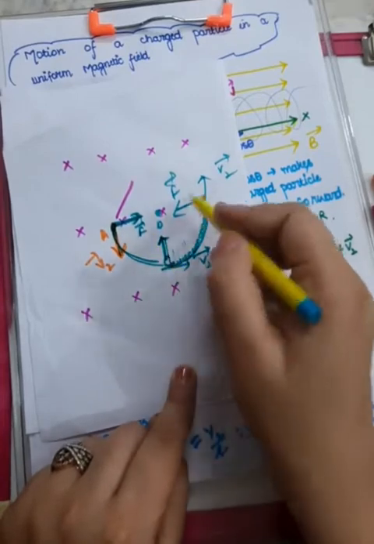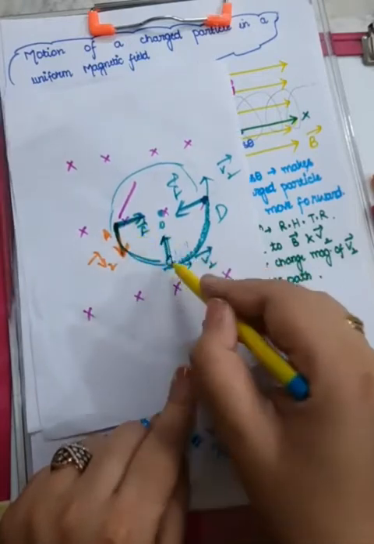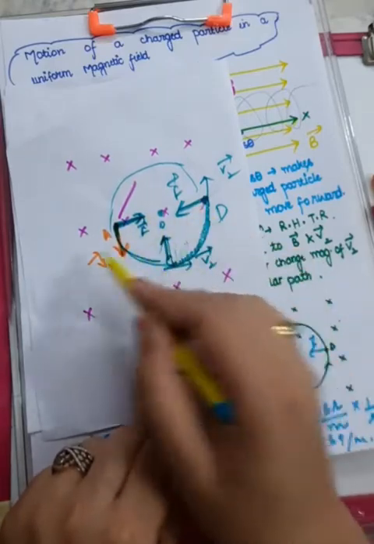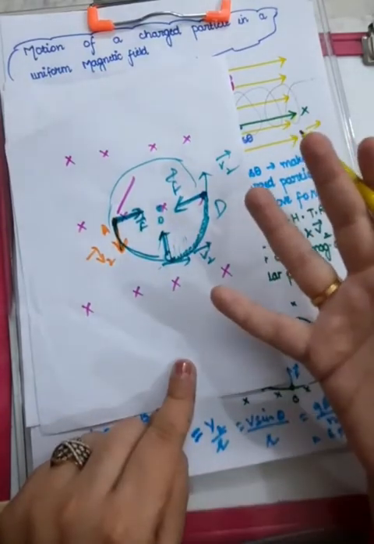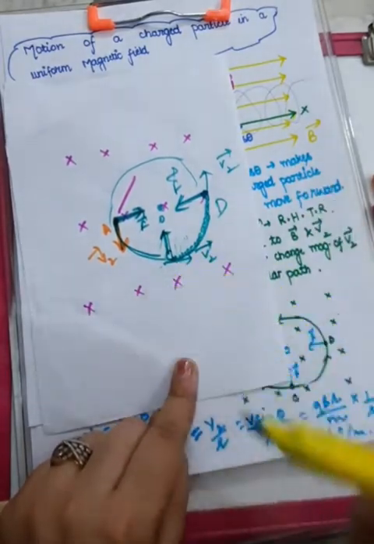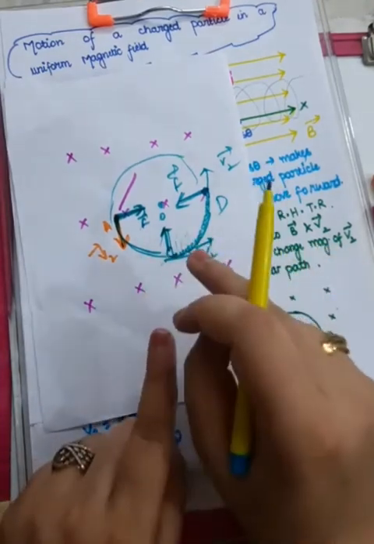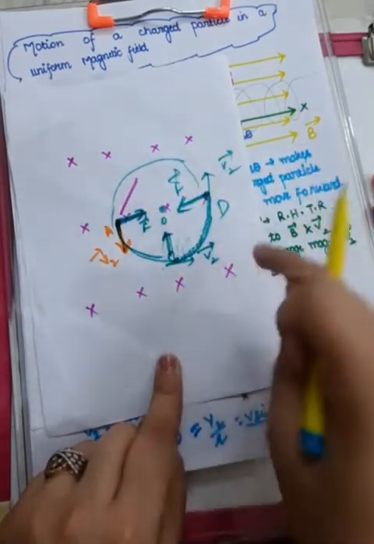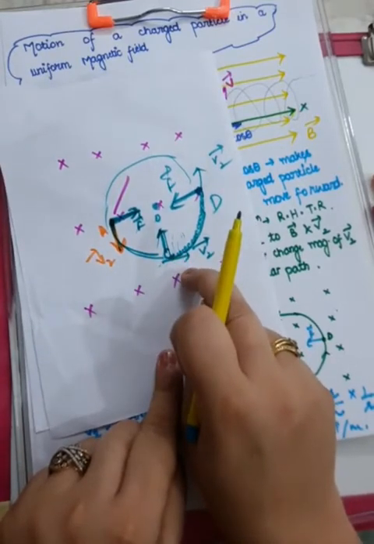So can you see that every time the force is acting inwards, the force is center seeking, the force is centripetal force. Yeah, the force is center seeking, center attracting. So this means this one is a centripetal force. This means that the magnetic force acting here because of the V2 vector is rotating the particle circularly in this way. So this V2 vector is leading to the circular motion.